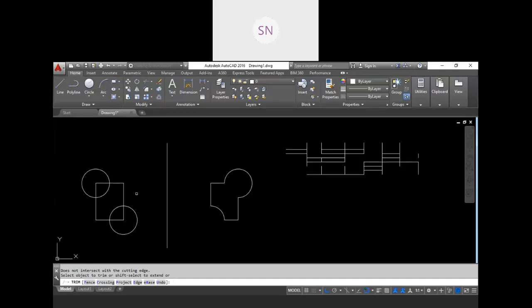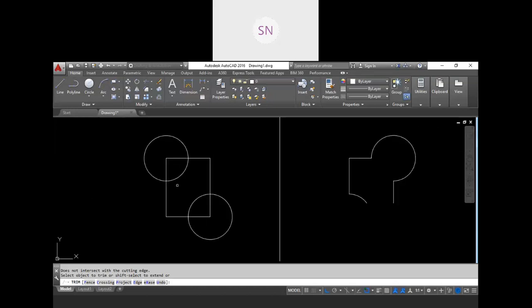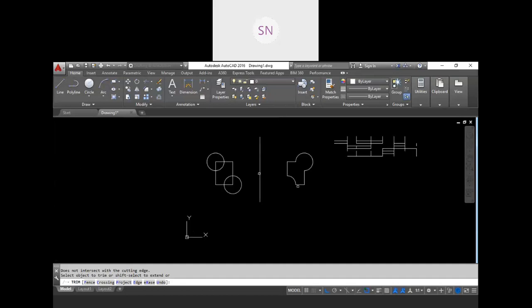Okay, so these are our modification tools. I think now you won't get any kind of problem in your basic drawings, right? How to trim your object, how to extend your object. So you get all the ideas regarding trimming and extension also. And we discussed the mirror tool, right? So now let me discuss fillet and chamfer.